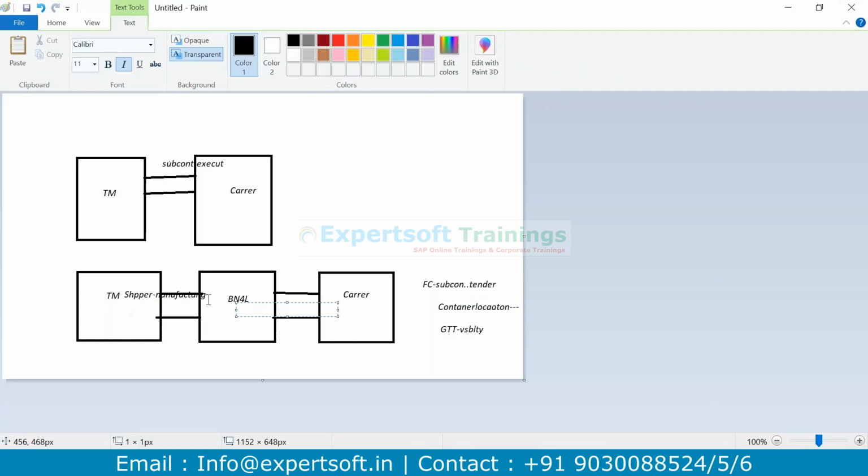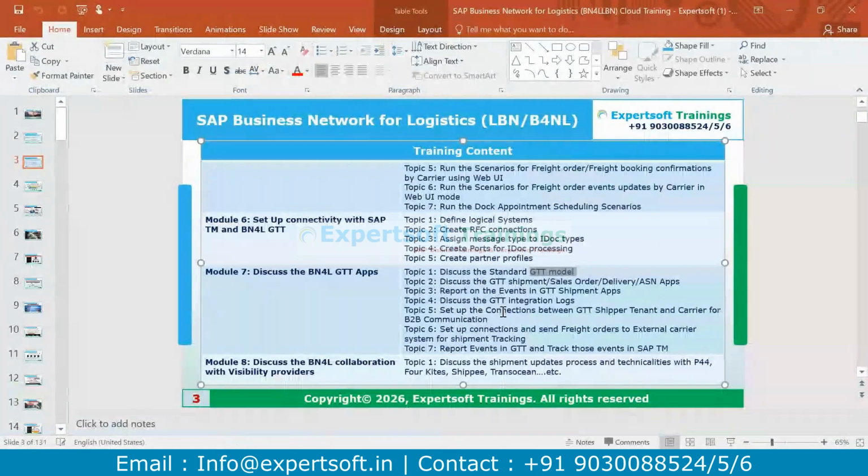This model is very much important. This will control the data, both outbound and inbound, from the TM side and the carrier side. I'll also discuss with you the configurations, the data we need to maintain, all these things. And then we have, let's say,